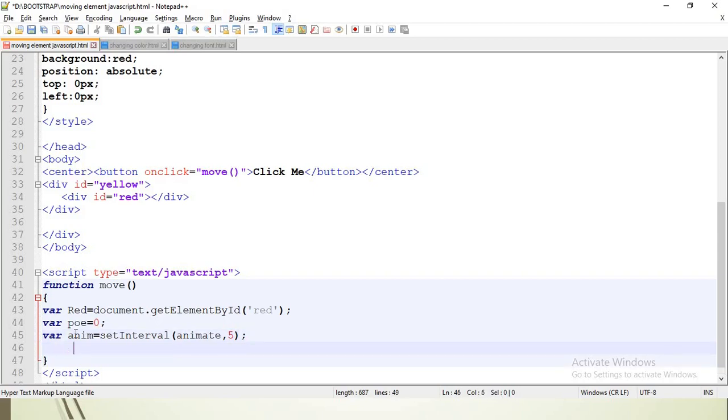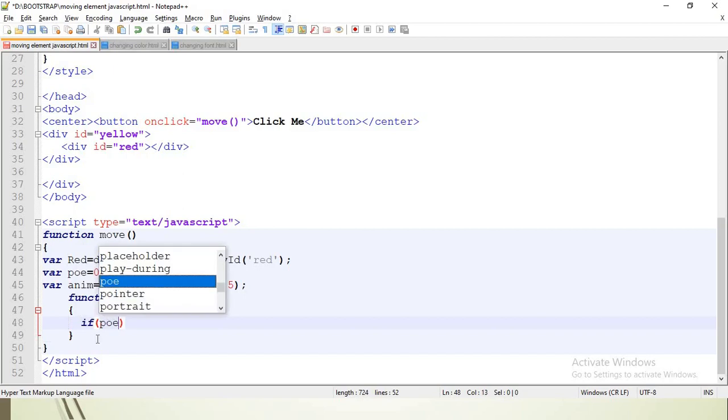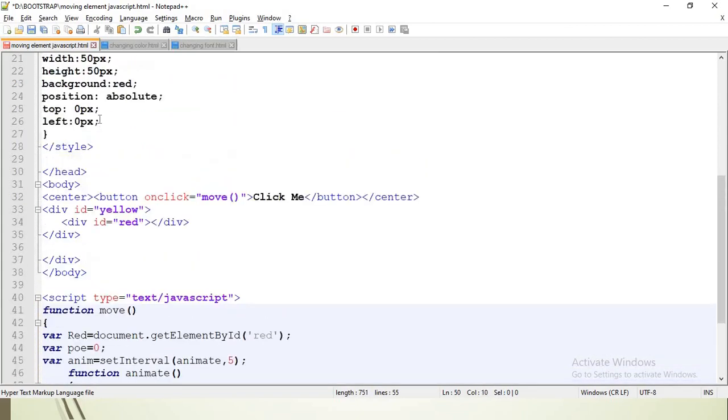Next, inside this I take one more function, that is function animate, which we have used in the setInterval method. Function animate. I'll write a condition here, that is if position of element is equal to 350. Why I have written this position of element should be equal to 350, because overall pixels of this yellow body